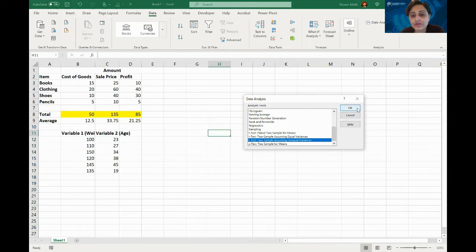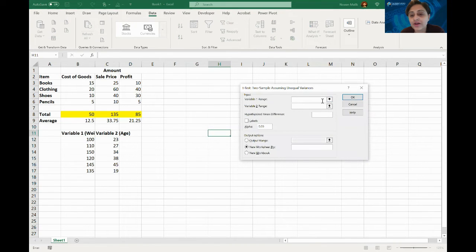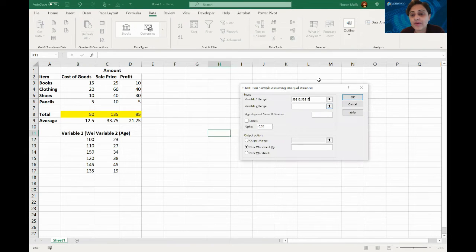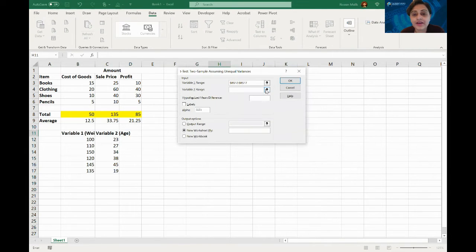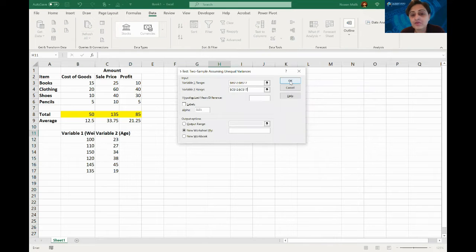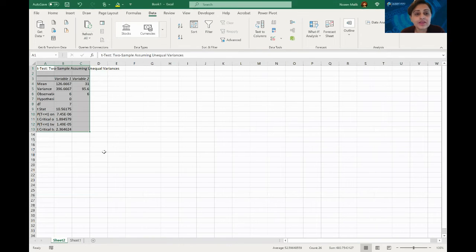Let's go for this simple t-test, and it says what is your variable range one. So I will click this arrow on the side and select my variables here. Then I will click this small arrow again and go back. Then I will click the other arrow to select the other variables, which is the age group. And then I go back here and say okay. So here is my t-test. You see it copy pasted